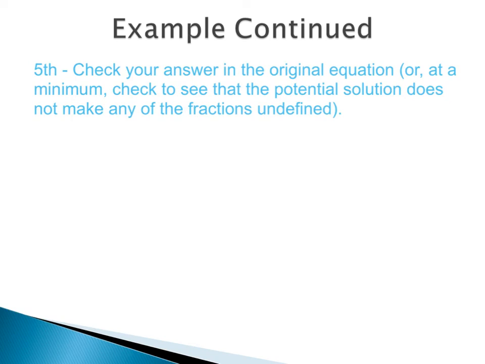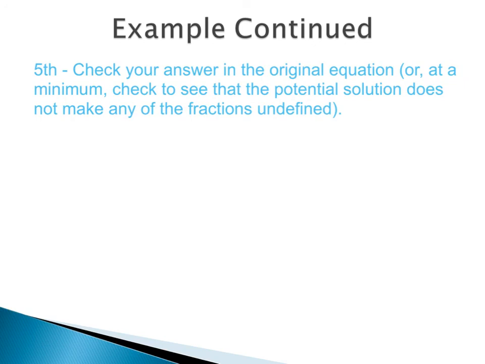But for rational equations, it's imperative that at a minimum, we check whether or not our answer makes a fraction undefined. Since we're dealing with fractions, remember, we cannot have a 0 in the denominator. If we get an answer that gives us a 0 in any of the denominators, that means it can't actually be a solution. When we multiplied to get rid of our fractions, we sort of took advantage of the fact that there were some values that we actually can't get for x because it would not work. Our fractions would be undefined. So what we need to do is, at a minimum, substitute in x equals 4 into each individual fraction to see if we get a 0 in the denominator.